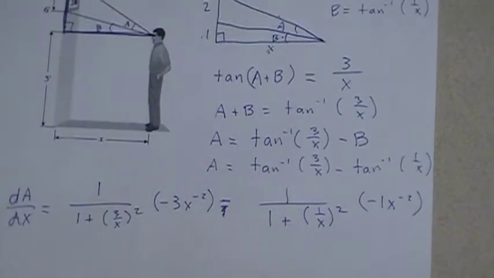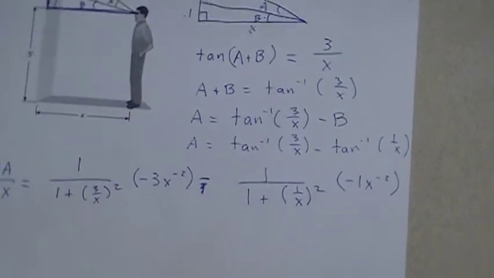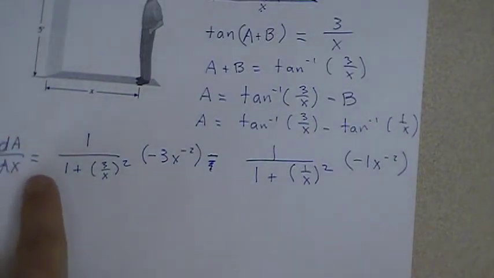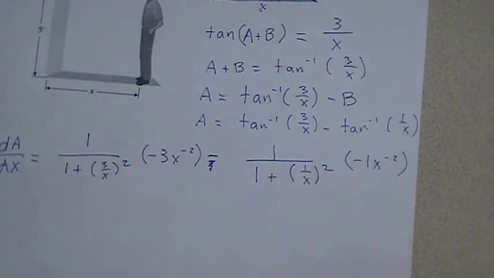Now what you're going to attempt to do is figure out when this derivative is undefined, and also when this derivative is equal to 0. And if we find those things, we should be able to establish what value of x gives us the absolute maximum value for this function. I'm running out of time in this video, so I'm going to have to do another video to finish this up. I'll be grabbing a graphing calculator to help me set this equal to 0 and figure out where it's undefined. I'll finish it